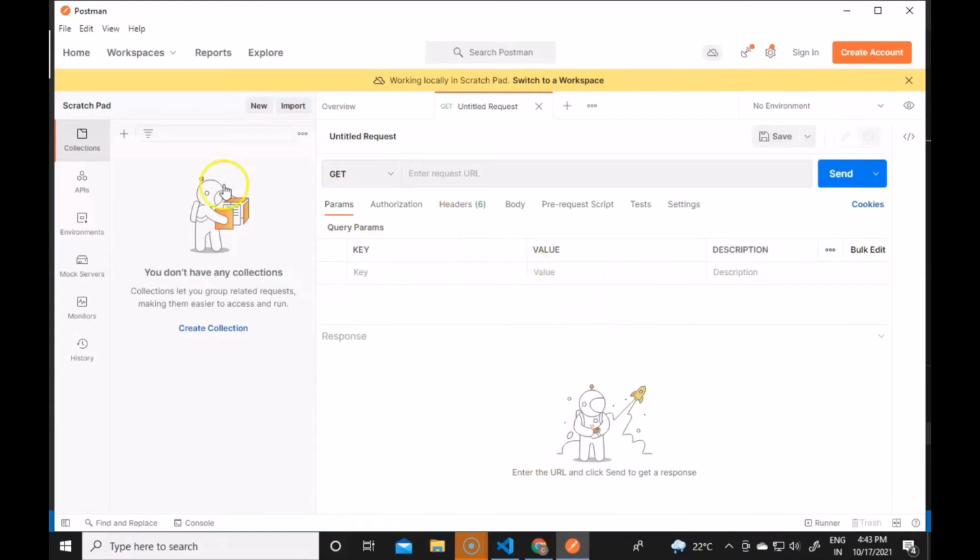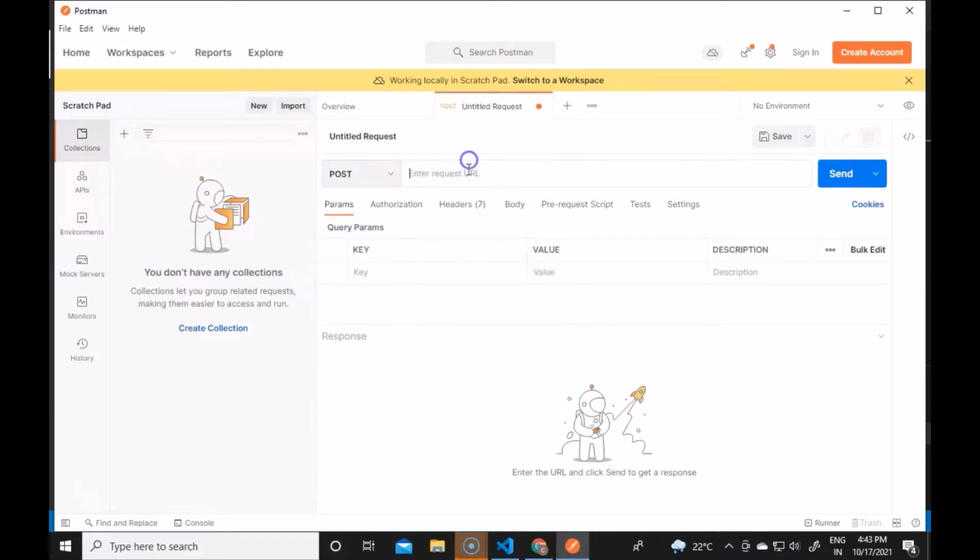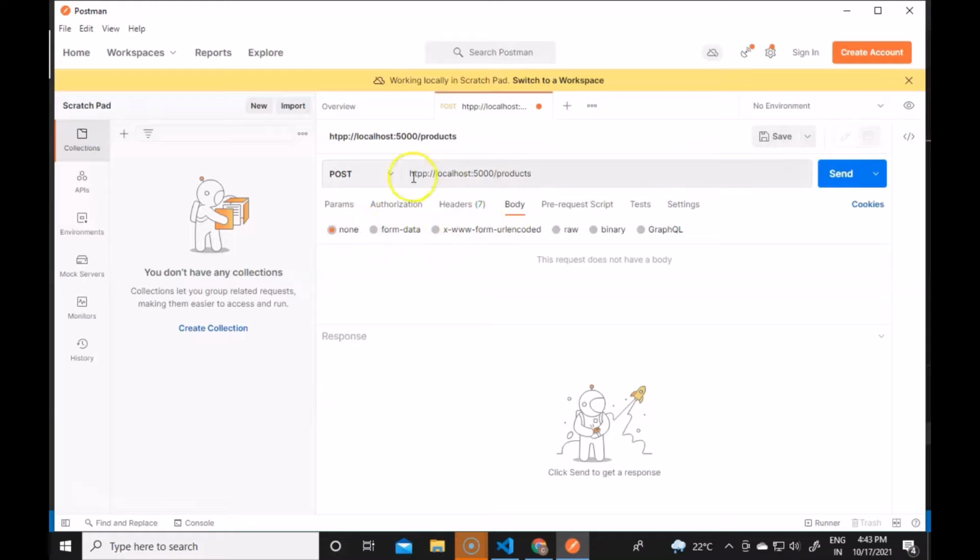So, guys, now we have to go to Postman here, and select a new request as the post from it. From this drop down, you can select the post, and then the request URL will be HTTP localhost 5000 and the products. So this will be the URL. Now if I add a body to this, we have to go to the body tab and select raw here. Instead of text we need to select JSON because we are now sending JSON data.